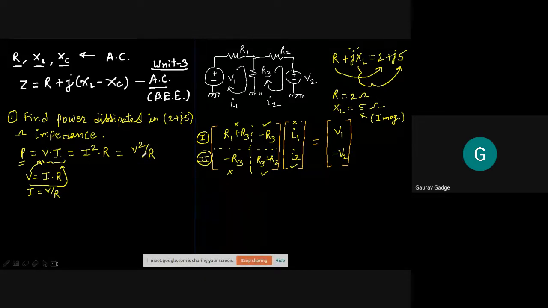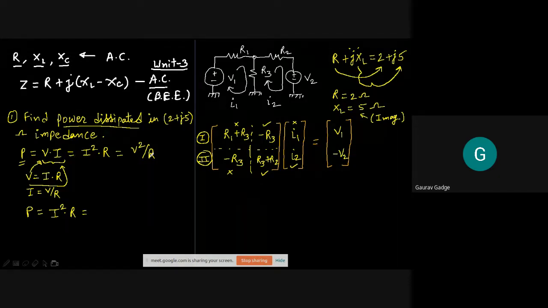So I think this is very, very simple. So P is equal to V into I, P is equal to I square R, P is equal to V square upon R. Okay, now here we have to find out the power dissipated. That means which power is getting dissipated? So that power dissipated is basically given by the equation I square R.